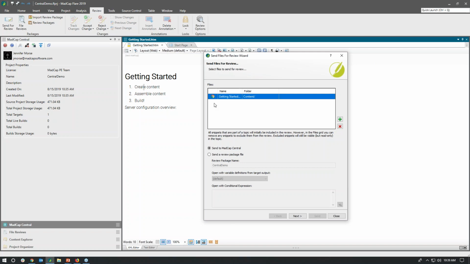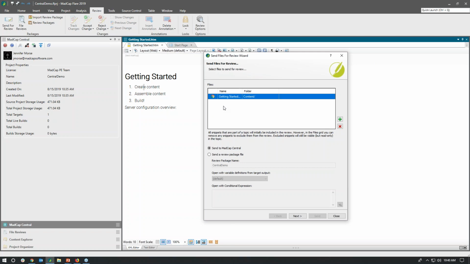We do give you the ability though, and this is a personal choice on the part of the author. If you feel like those snippets are going to be a little bit too much for your reviewer and you don't want them to have to manage or think about those extra files, any file that gets listed here, whether it's a topic or a snippet, you can multi-select from this list and hit X and remove them. So the good news is if you tell this review package here, hey, get rid of these snippet files,